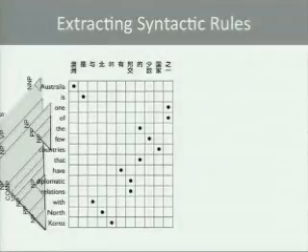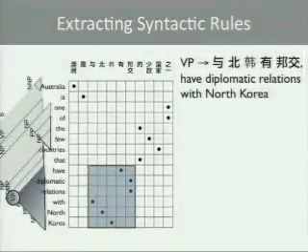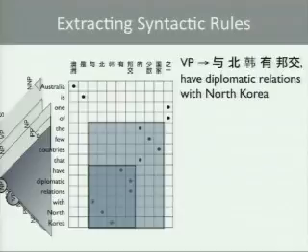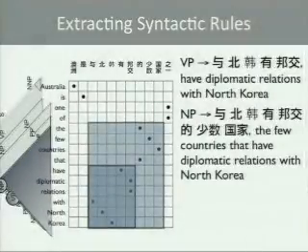So now when we pull out a phrase, we can give it a syntactically informed label. So we can say that this Chinese phrase corresponds to a verb phrase label because we pulled it out of the parse tree from the English sentence. So "have diplomatic relations with North Korea" is labeled as a verb phrase in the English sentence, and we treat the Chinese as a verb phrase just by projecting over these word alignments. And similarly, for a larger phrase like "the few countries that have relations with North Korea," we label that